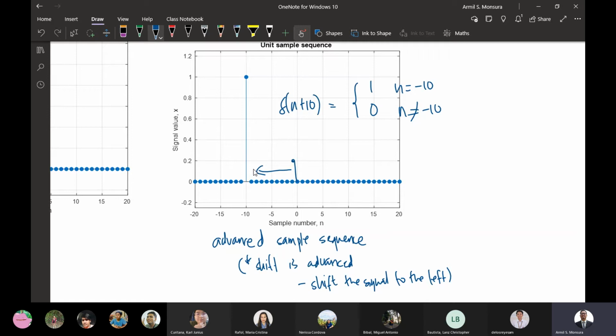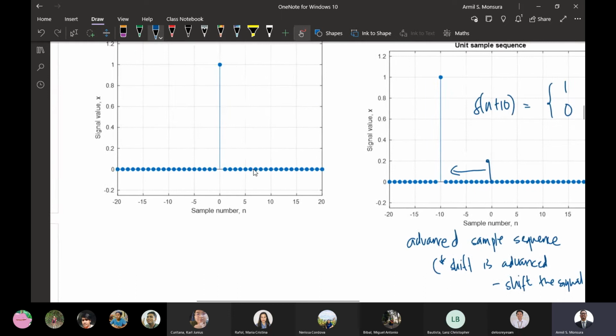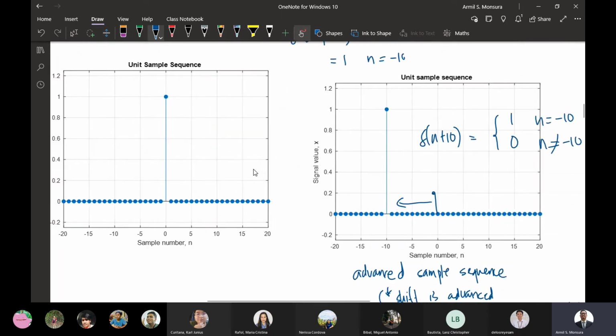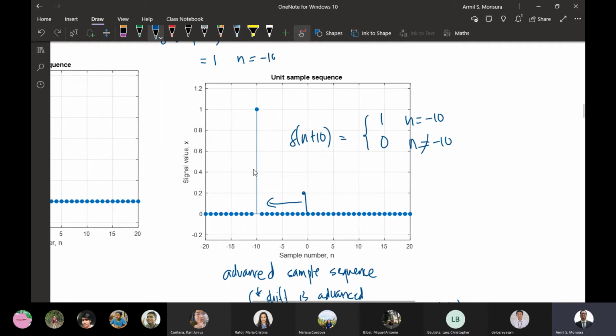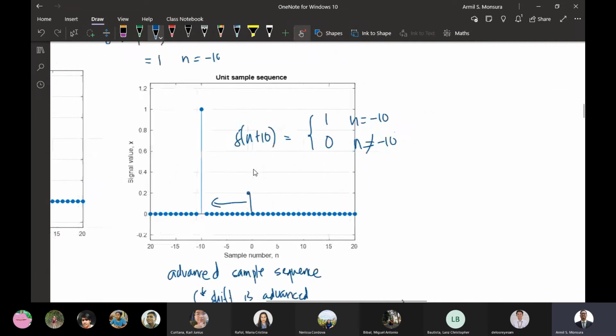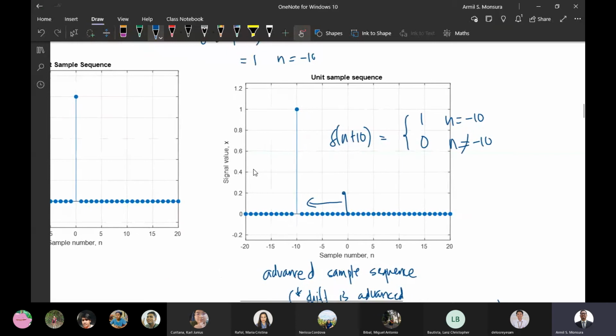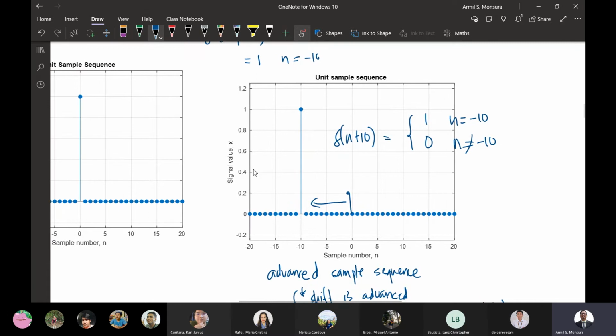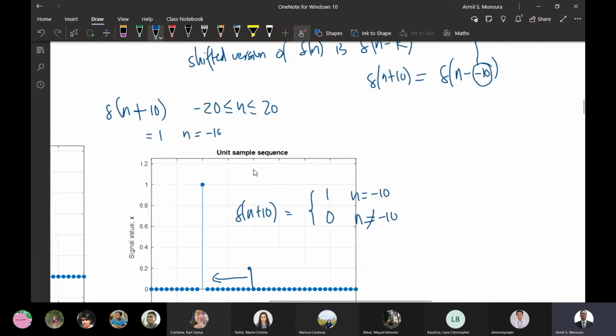So if the signal is shifted to the left, okay, the resulting signal is an advanced version of the base signal. This is the base signal. Okay, yan yung base signal. Ngayon, pag shift nyo yung sample na yan to the left, the resulting shifted signal is an advanced version of the base version. Okay? So, consequently, pagka yung signal ay shift natin to the right, that version of the signal naman is a delayed version of the signal. So, an example of that is